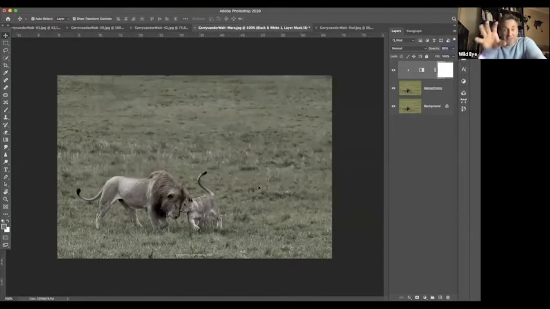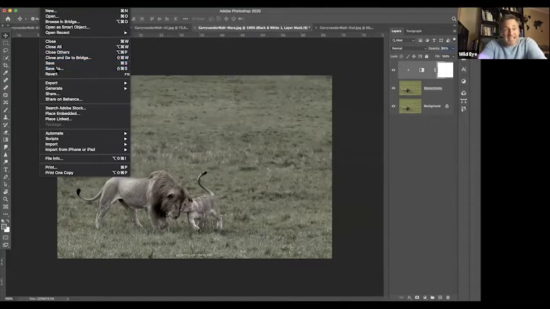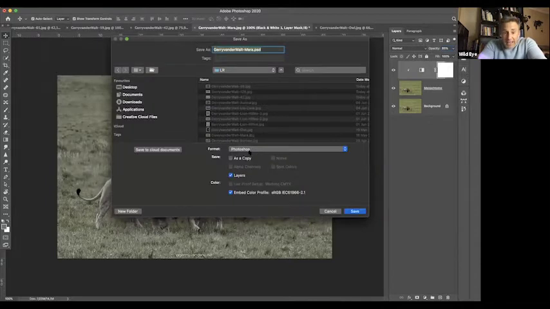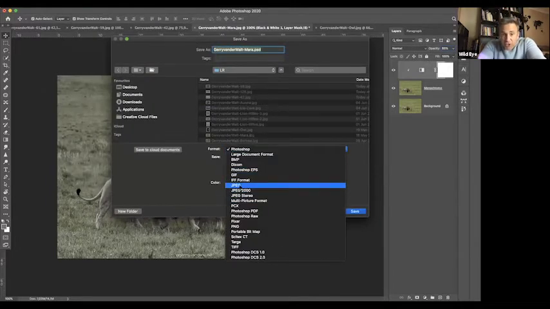If you want to save this as a JPEG, your final version, and you want to use it somewhere like on Instagram or whatever the case is, two ways. You can either go File, Save As, and you select the file type as JPEG. Because a JPEG is a single layer file. It doesn't have layers. It's the most simple file.